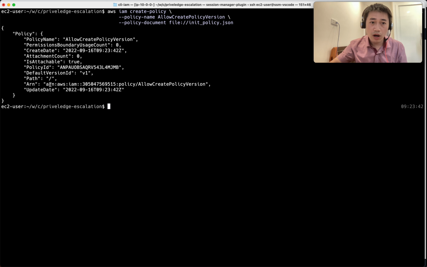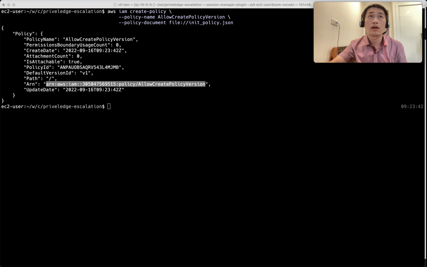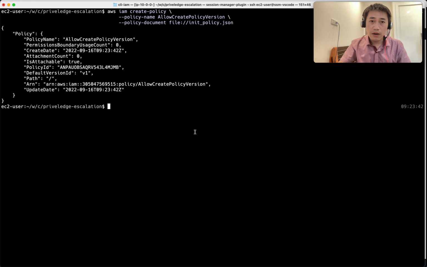And I have to take note of the policy ARN, so let me save it first. I need this later on when I create a new version of this policy. So next step, I will attach the policy to the user: iam attach-user-policy, and then